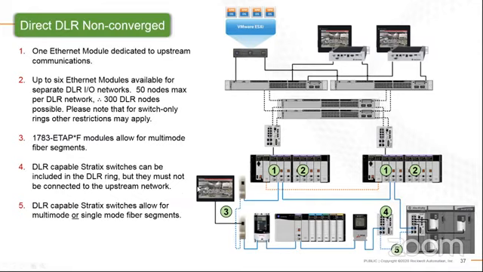Some of the other things that you'll see here is on the device level network. So that is segregated from that traffic. So you have I/O network versus your maintenance or your HMI traffic. You can support multi-mode fiber via the ETAPs. If you need to support single mode fiber, we would use the Stratix switches. Stratix switches are capable of supporting device level ring directly. So we can do this either as a 100 meg network, 1 gig network, fiber or copper. The only